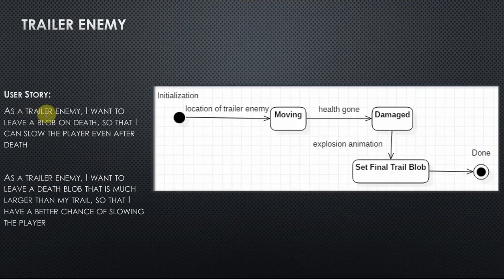As a trailer enemy, I want to leave a blob on death so that I can slow the player even after death, and then as a trailer enemy, I want to leave a death blob that is much larger than my trail so that I have a better chance of slowing the player. So in reality, the state diagram for the trailer enemy looks like this. Similar to the last one, except for when it goes into the damage state,